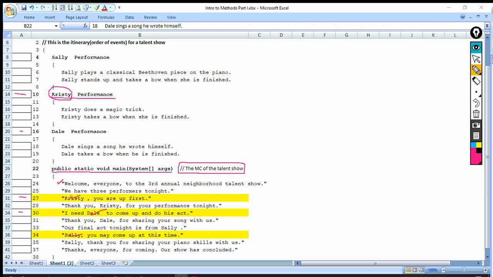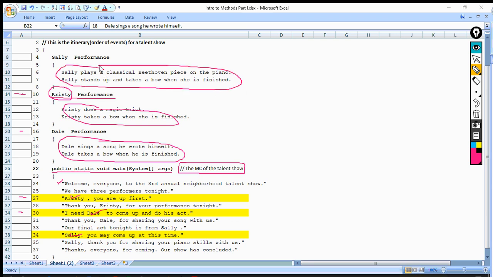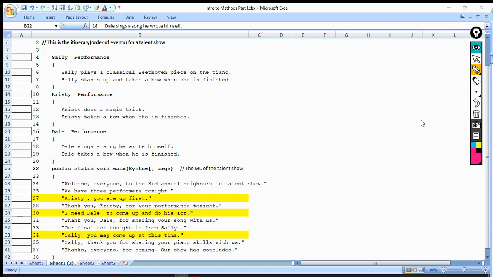Number 5, in general, what is common about all three of the people in this story? And so what I was looking for is all three of them did a performance. Each one of them performed some kind of a talent. Okay, and so that's the idea, is that they all three did or performed some specific actions or a performance. Alright, so let's do that. And then the next thing,